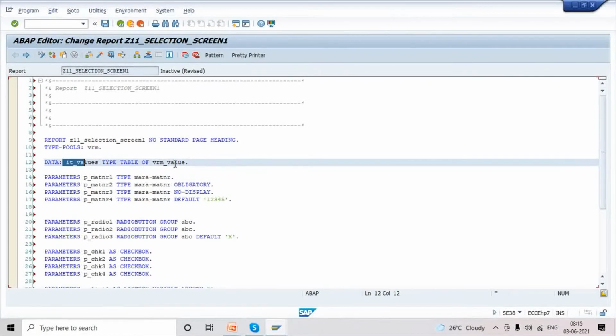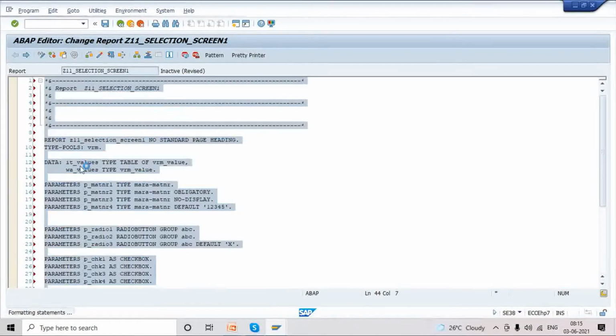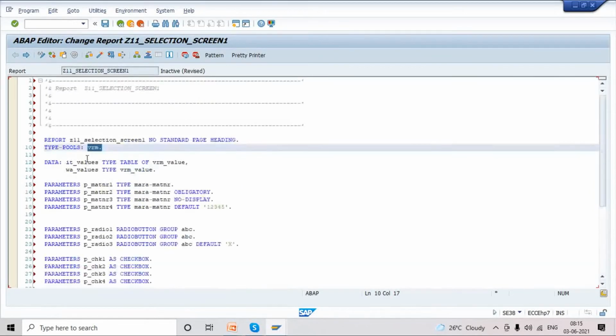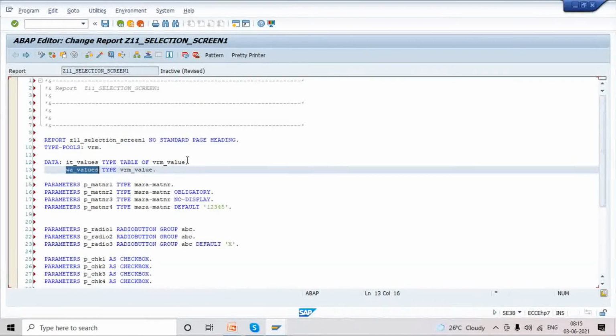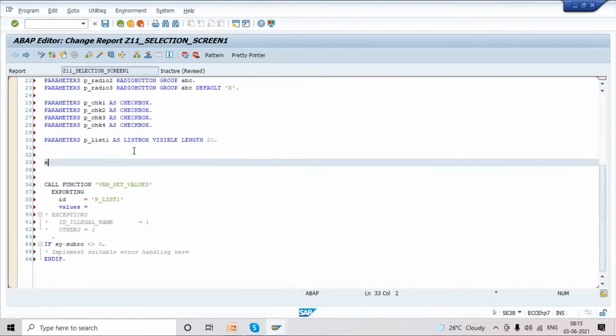We are creating an internal table and we have to create a work area also. Work area underscore values type VRM value. We created both internal table and work area with the reference of this structure, where this structure is created under this type group. Now we have to populate this work area. Append is the keyword.